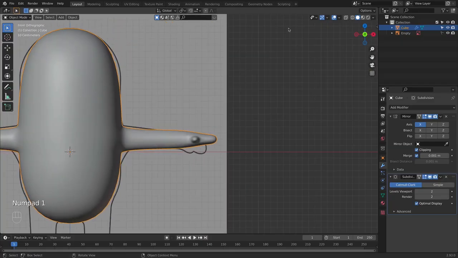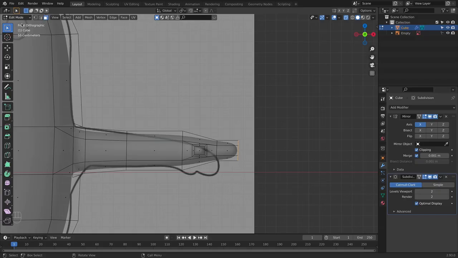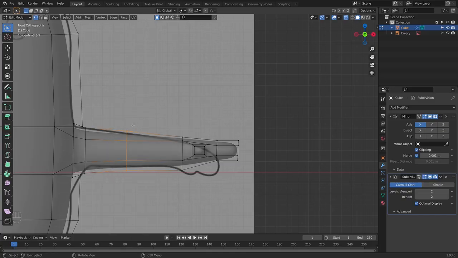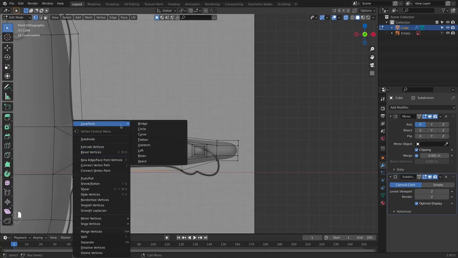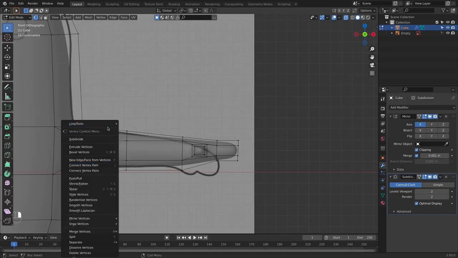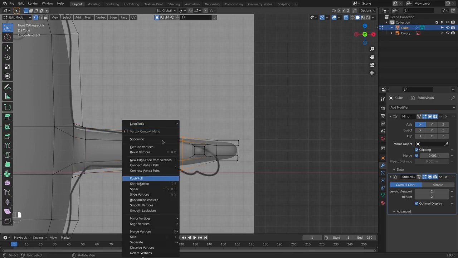So now we have created our hand here, our arm, and now let's go in X-ray mode as well. So I'm going to go and adjust this a little bit. Also make sure that you are doing, we can go and select all these vertices. I'm going to press right click and convert this to be circle. I'm going to do the same here, right click and convert this to the circle. Also we can do it here,